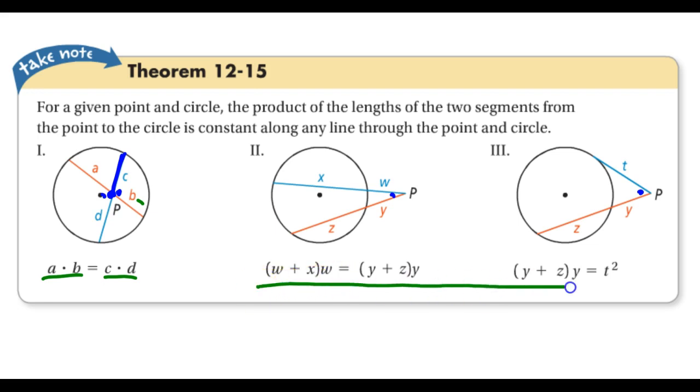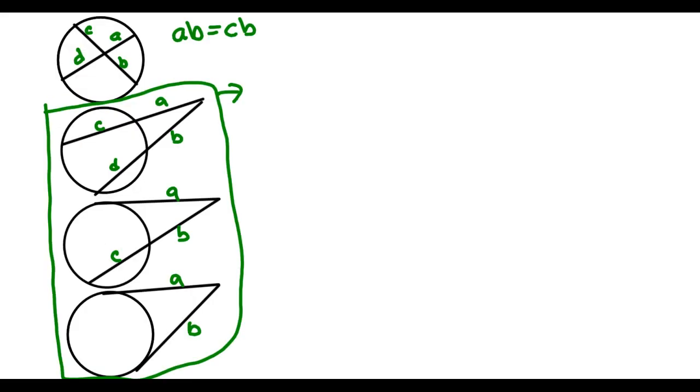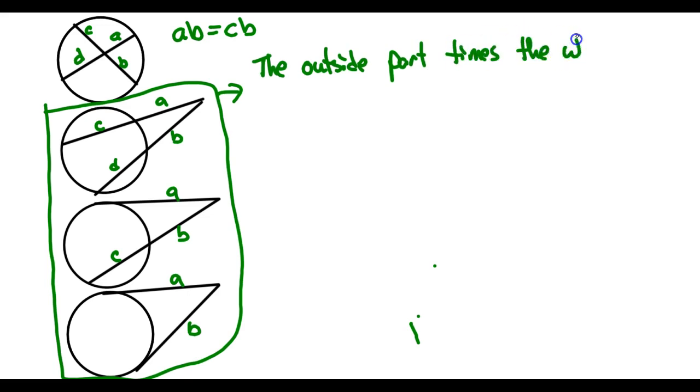Now look at how confusing these can look, though. So this is kind of getting into what we're talking about over here, and I can sum it up in one rule. So listen to my rule right here. The rule goes like this. It's the outside part. Make sure you write this down. Times the whole thing. Yes, I said it like that. Thing with an A